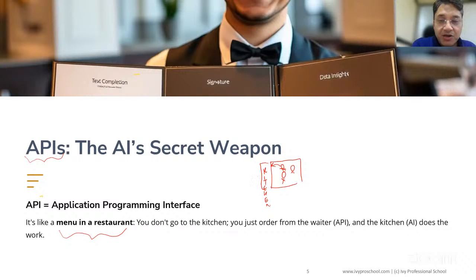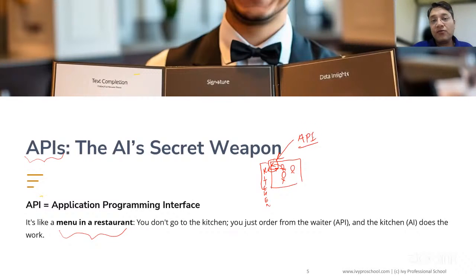So that person, that messenger who's taking your message, what your order is, what food you want, and taking it to the kitchen, right? And then once the food is ready, bringing you that as a response, that messenger is called an API